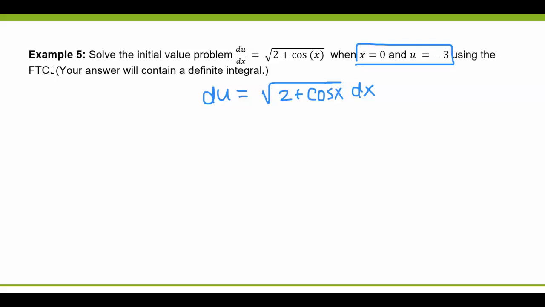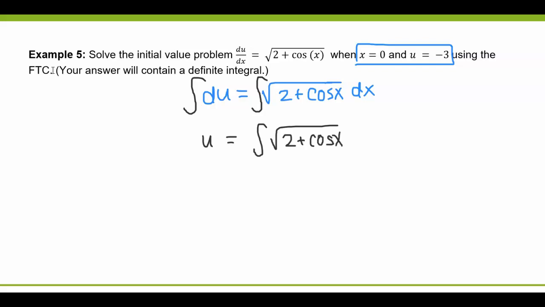Well, the fundamental theorem of calculus says that if you integrate both sides, you have u, and then we have this integral that we can't do anything with because we can't use sub because there's no